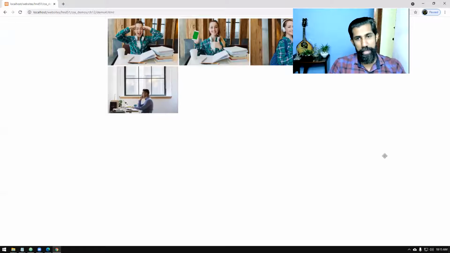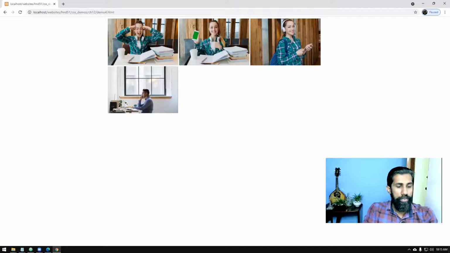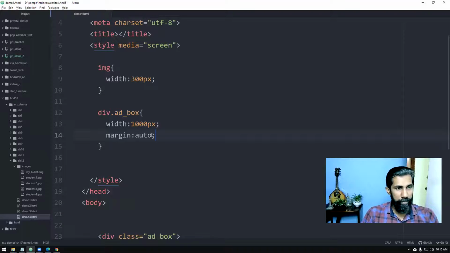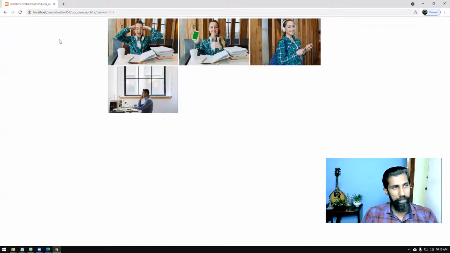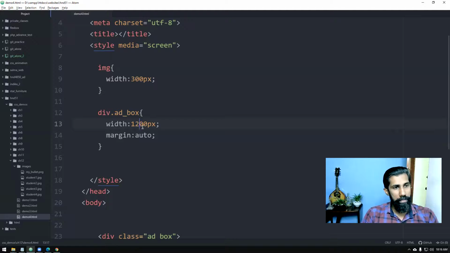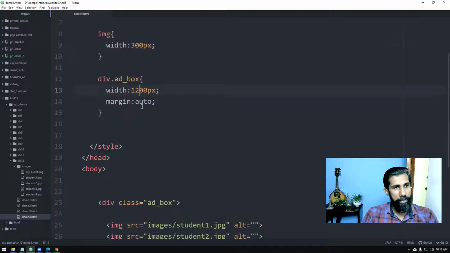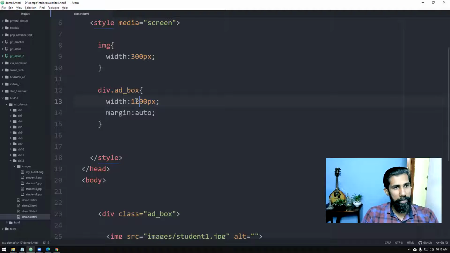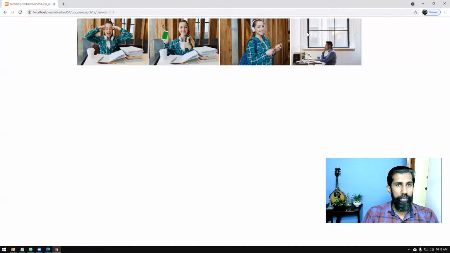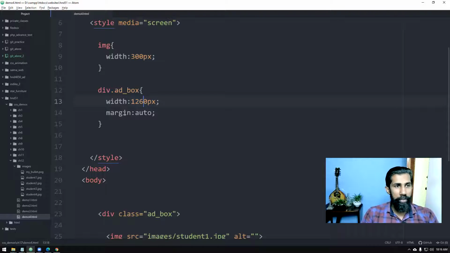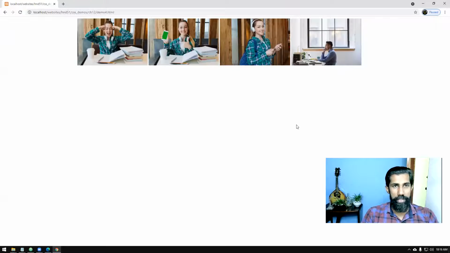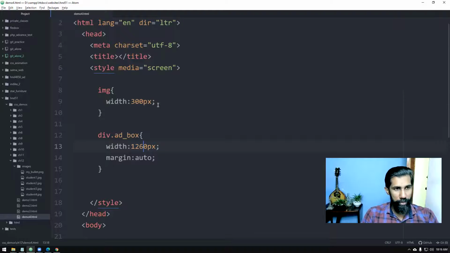So that will be center aligning, right? Okay, we will have it like that. I'm not going to do much to that. I just want the images in the center. You know what to do, right?